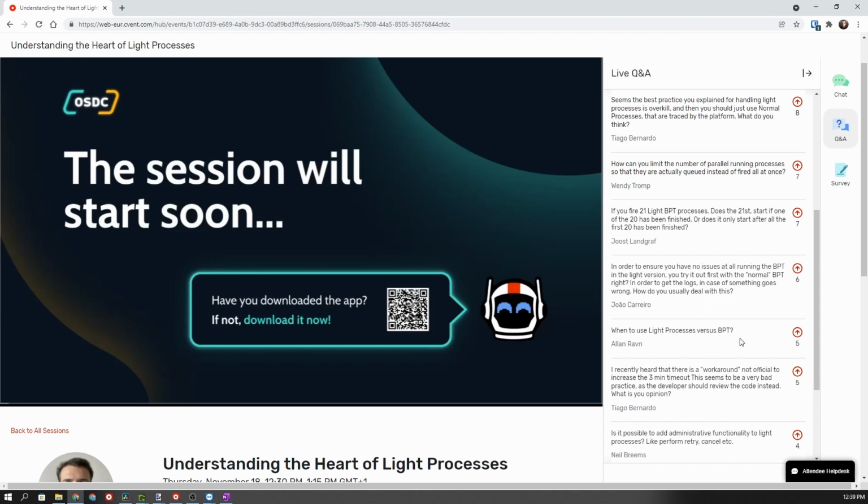But before, light processes did not exist and you only had timers and BPTs, which means that there were a lot of projects that were simply using BPT for this background processing, because light processes did not exist before. And since then, OutSystems saw how the projects were making use of BPT, and they extended BPT with the light version to remove all this complexity that BPT has